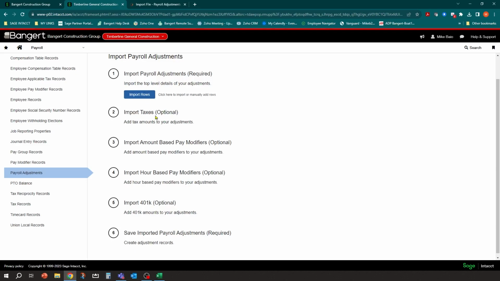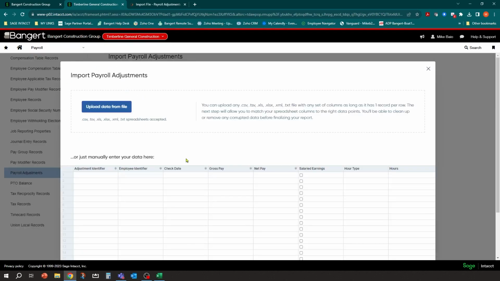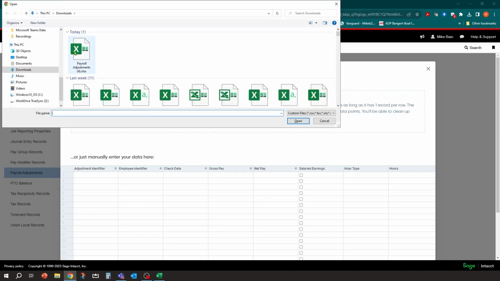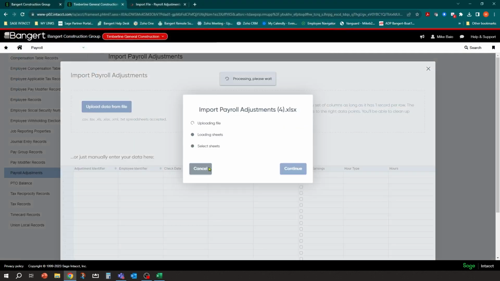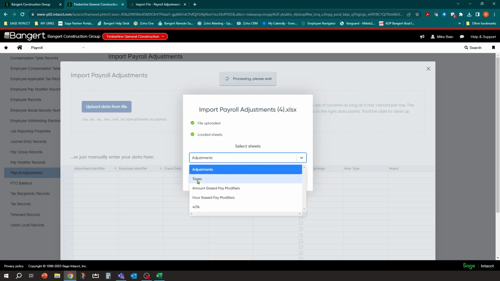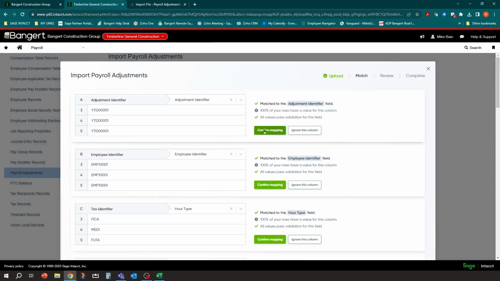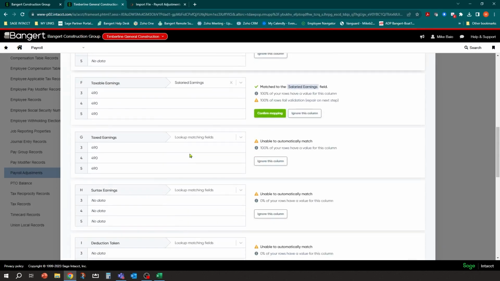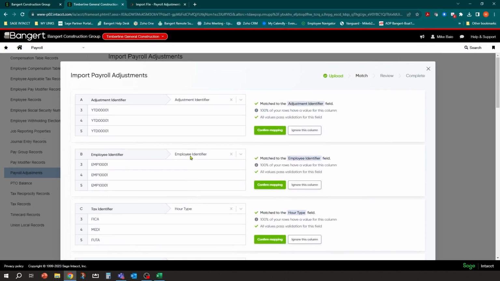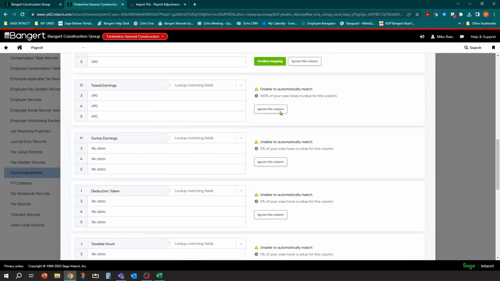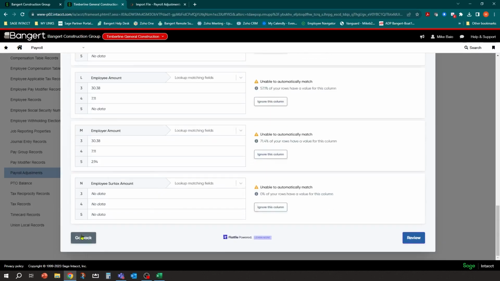And then when it gets to the tax part, it's going to pop up this same screen again, because now it's going to say, what tab do you want to use for the taxes? So each time you'll have a chance to pick your tab and say, all right, I want to use taxes. And now this one's not going to like it. Now you see how the mapping doesn't find it this time because it's really the wrong tab. So you could click back and go, okay?